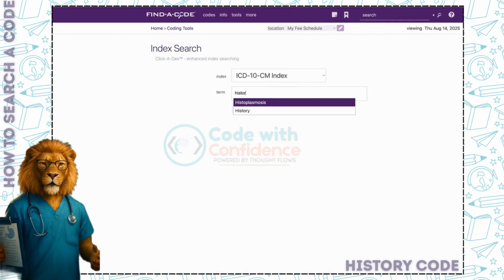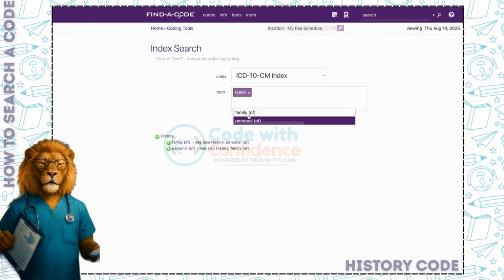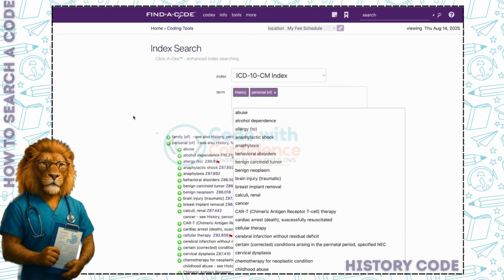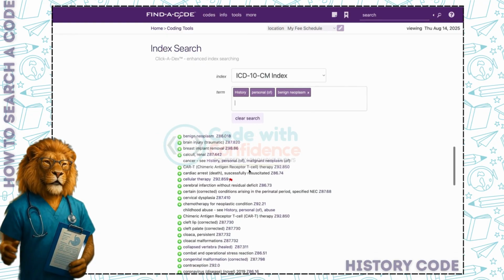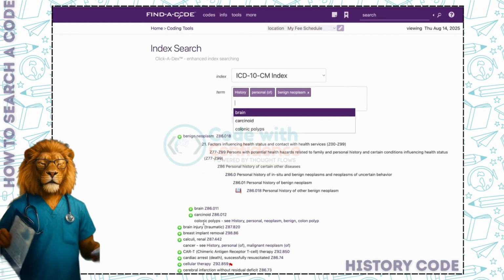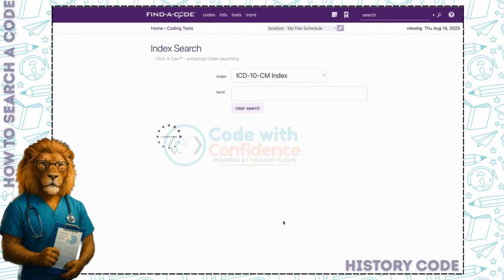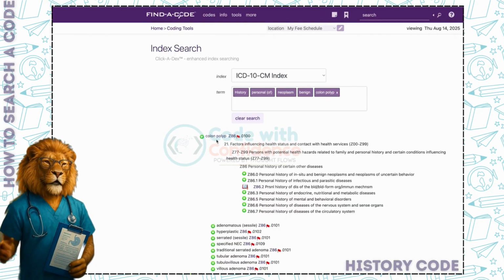Next ICD, we are checking for history codes. Just type history. You'll find family and personal. So it's personal. Then under personal, you have to check for the colon. So it's a history of colon polyps, right? So it's a benign neoplasm. You can find colonic polyps. See history, personal, neoplasm, benign, colon. So that will lead to the code, which is